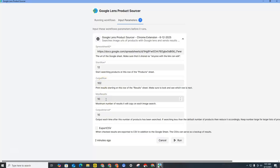Because as it collects data, product after product, it keeps printing all of the data that is collected to that same row, and it just stretches downwards. That's the way it works. So you've got to tell it where to do that. Okay, so it's row 102. Okay, remember I was doing 50 results because